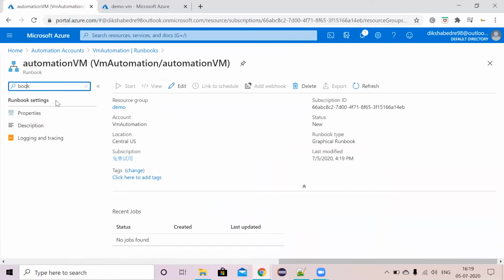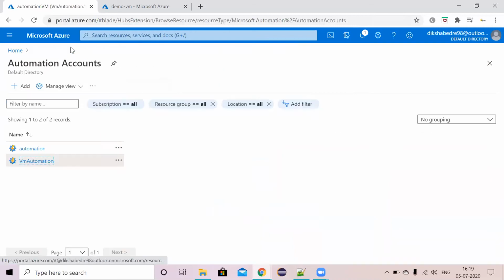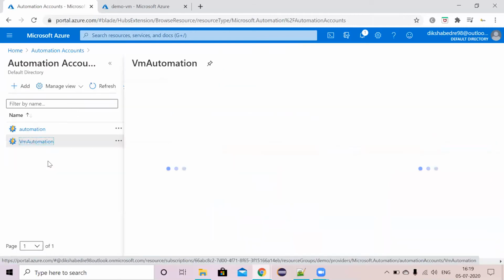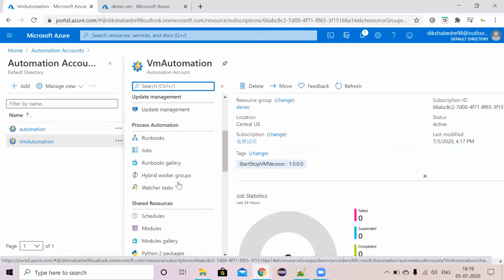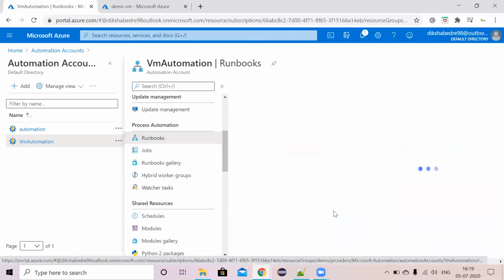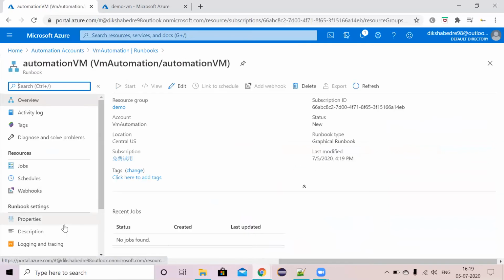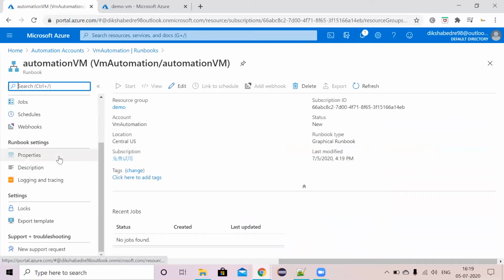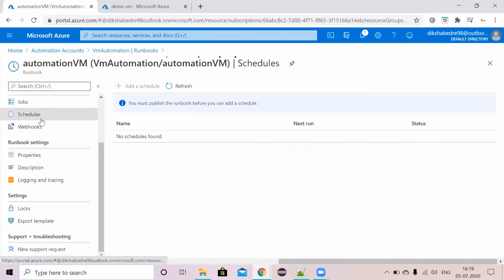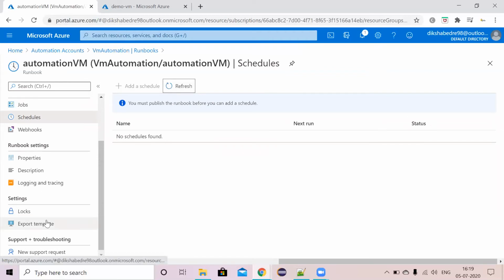So if we go to the automation account first, then again we will check run book. Run book is created. Then go to schedule. Now we'll check, the schedules were not coming here because the run book was not created.